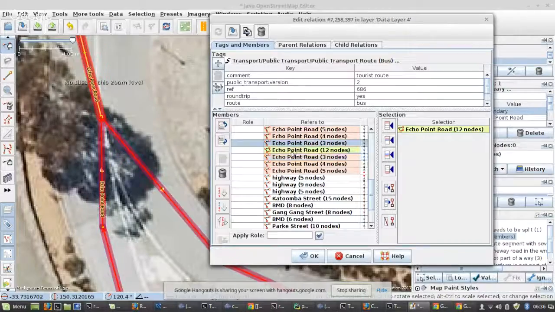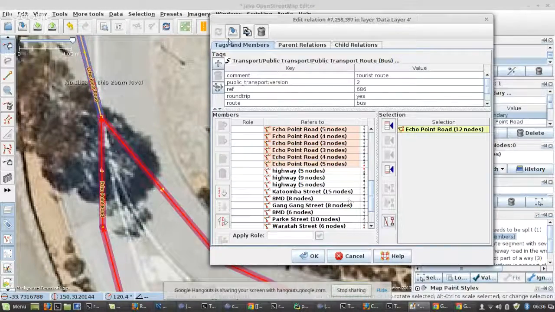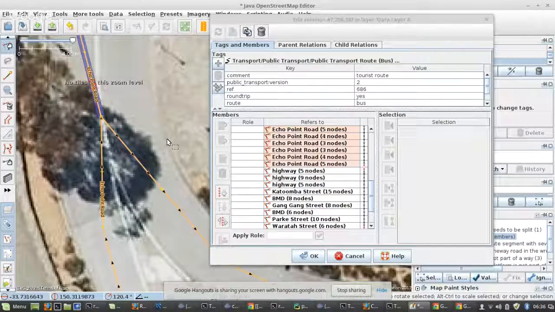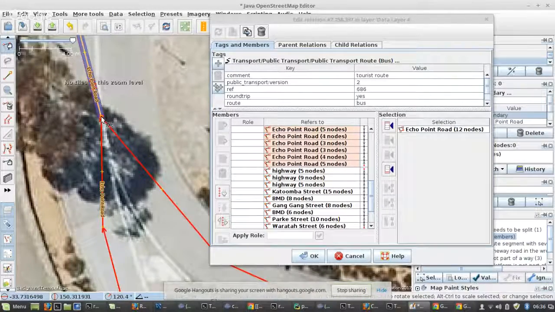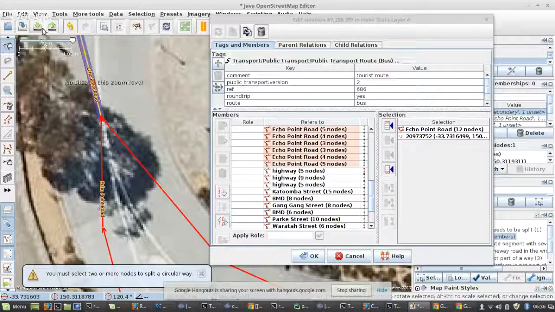You could go in and select it, but if you select it here, then the easy way to remove it from the relation is that button. Okay, I don't want it in the relation because I'm going to split it. And if I don't remove it first, I'm going to get a conflict. So I do P,